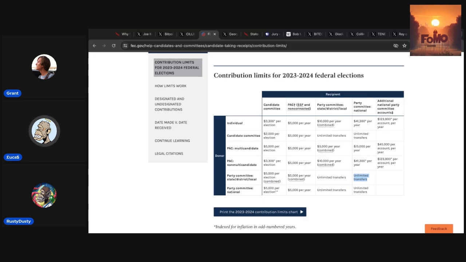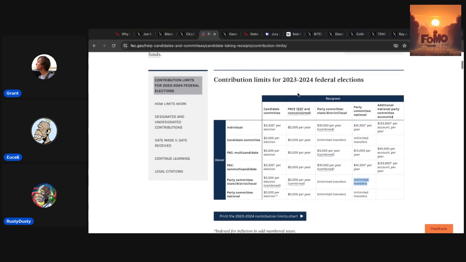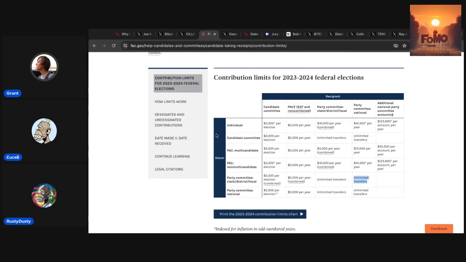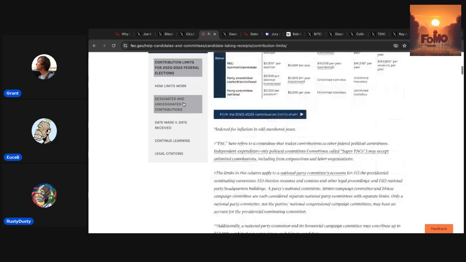I don't know. Well, but is this for personal? Like, scroll up a little. Is this for personal donations? Well, look, it says this is the recipient and this is the donor. So if you're an individual donor, right, then we're on this line, and this is how much you can give per each thing. Well, but I don't see corporations or incorporated entities listed over there on the left. I'm pretty sure that a corporation, according to Citizens United, falls right here as an individual. Well, that's what I was just wondering about that.